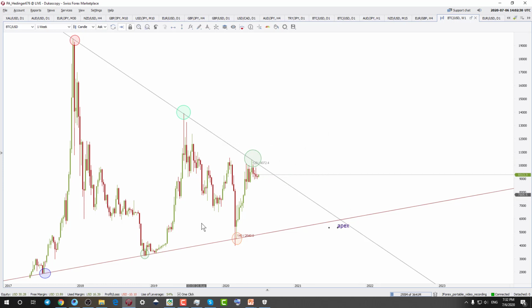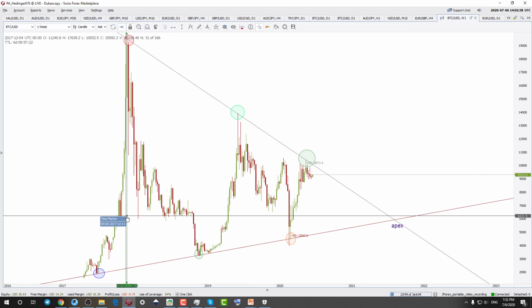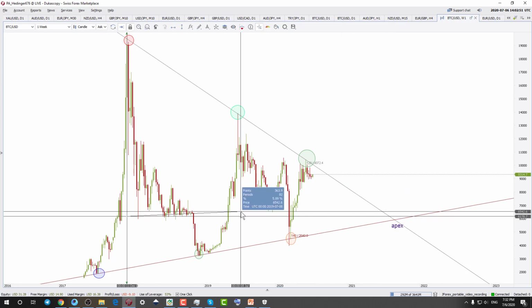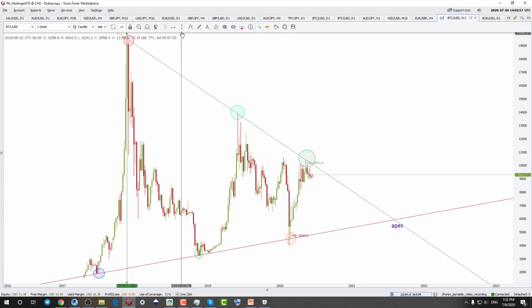Now this pattern is still in formation. I also told you that from this high, we need to measure how far the distance to the apex is. This distance in periods is 193. We have to divide it by 2, which will be approximately more than 100. So it has already crossed that level, on 11th November.